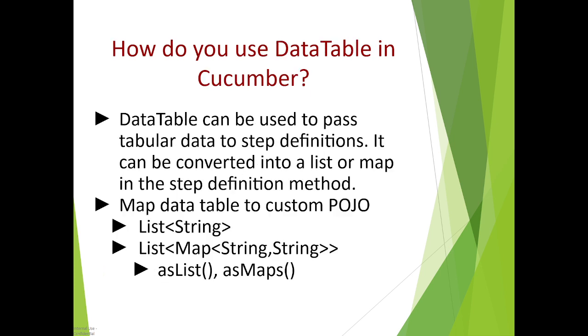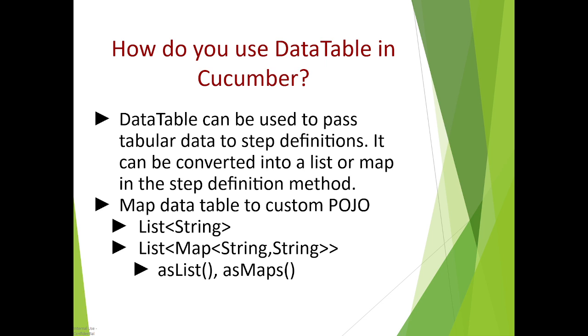Now, the next question is how to use data table in Cucumber. In Cucumber Java, we can use data table to pass structured data, like a table, from a feature file to the step definition. Cucumber provides powerful ways to convert these tables into Java objects or collections. The first way is a basic data table, which in the feature file is converted as a list of lists, and the second way is data table as a list of maps. If you want to pass key-value pairs, you can use maps, with column headers for example,